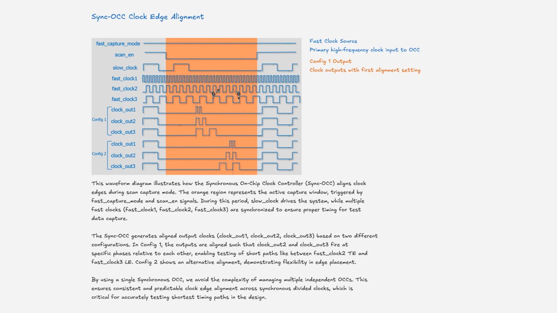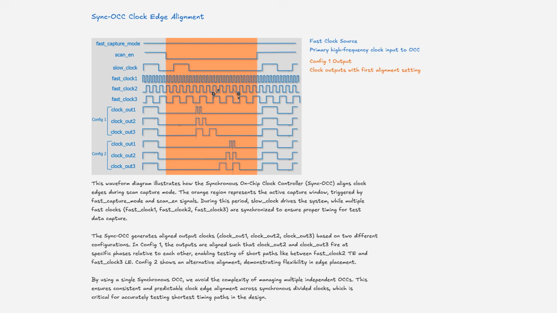The Sync OCC generates aligned output clocks, clock out 1, clock out 2, clock out 3, based on 2 different configurations. In configuration 1, the outputs are aligned such that clock out 2 and clock out 3 fire at specific phases relative to each other, enabling testing of short paths like between fast clock 2 test enable and fast clock 3 LE. Configuration 2 shows an alternative alignment demonstrating flexibility in edge placement. By using a single synchronous OCC, we avoid the complexity of managing multiple independent OCCs. This ensures consistent and predictable clock edge alignment across synchronous divided clocks, which is critical for accurately testing shortest timing